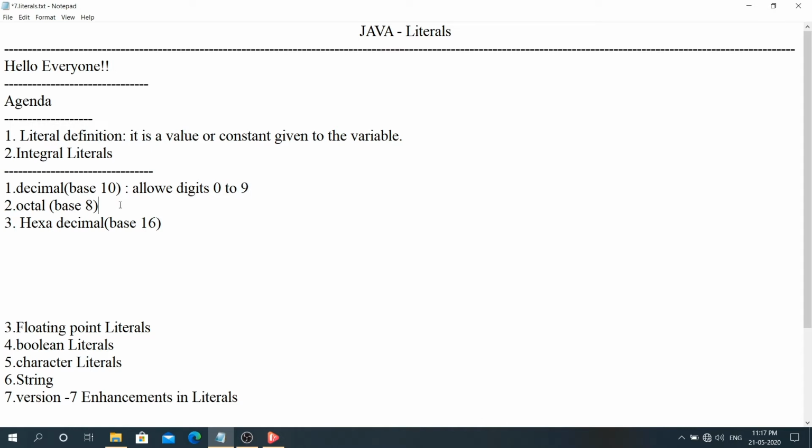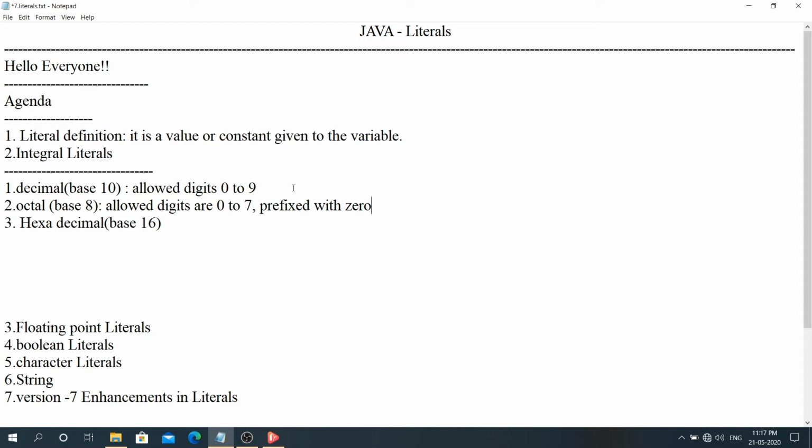Whereas in octal representation the allowed digits are 0 to 7, and to represent the octal form it should be prefixed with 0, to represent it as an octal representation.